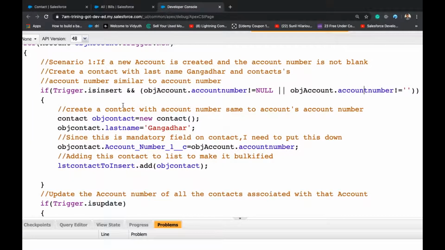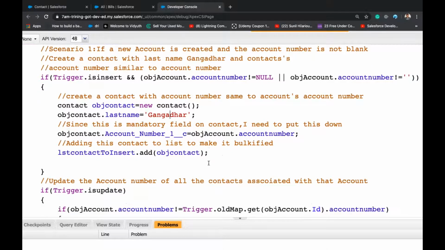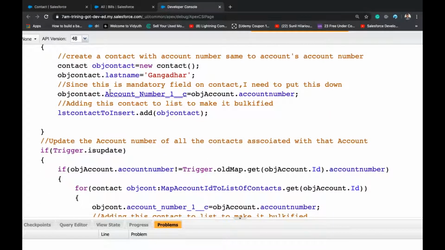Okay. So contact, obj contact is equal to new contact. So obj contact last name is equal to some name. My actual name is Balavinder, that's why here you can see Gangadhar. So obj contact dot account number 1 underscore c equal to obj account dot account number.